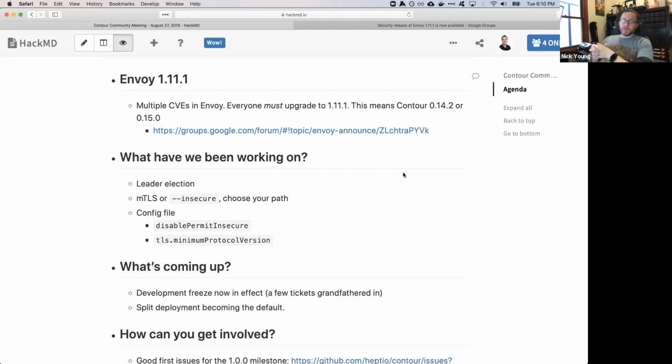The way that the Contour processes work is that they will do most of their startup, but when it comes time to actually present the gRPC endpoint, that is the XDS endpoint that Envoy actually talks to, only the leader will present the endpoint. What that means is that all of the Envoys will only be able to connect to the leader. Obviously, if you're using a deployment where you have both of them in the same pod, don't turn leader election on because a lot of your Envoys won't work anymore. But if you are using the split deployment, which, as we said, is going to be the default very soon,